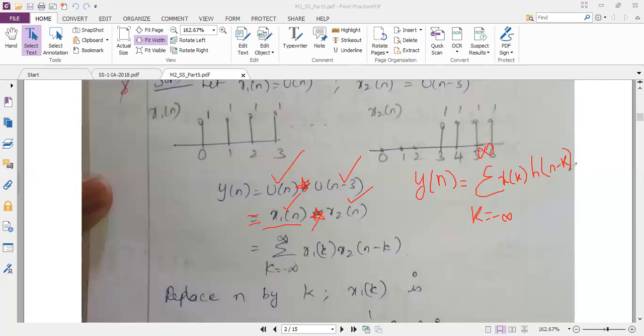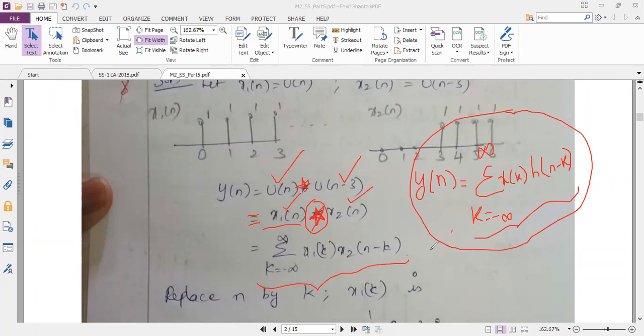Yes, ma'am. So what I'm doing is, this convolution means this expansion, that's it. Instead of using the convolution of one signal with another signal, I can expand it this way using the formula which we have derived. If I expand that, my answer is summation k equal to minus infinity to infinity, x1 of k in place of x, and x2 of n minus k in place of h. So this step is very important.